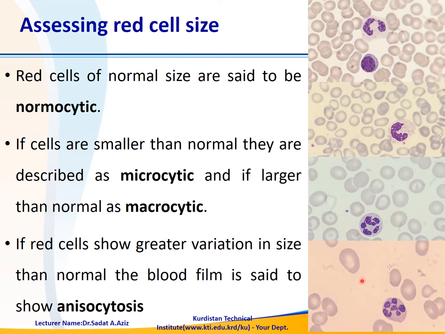Also, we have another condition where the red blood cells show a greater variation in their size. So you have a large cell, you have a small cell, you have, let us say, a somewhat normal sized cell. In this case, you can define the condition as anisocytosis. So it means the cells have different sizes. You have large, you have small,